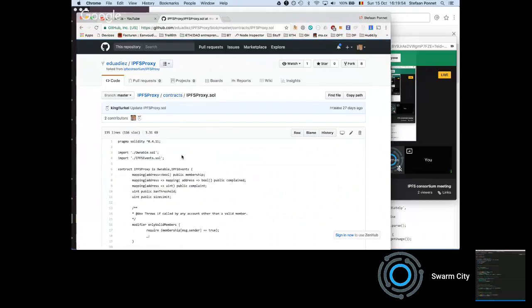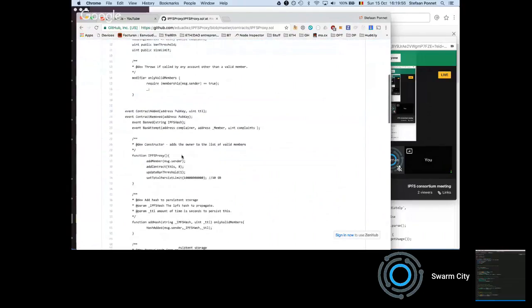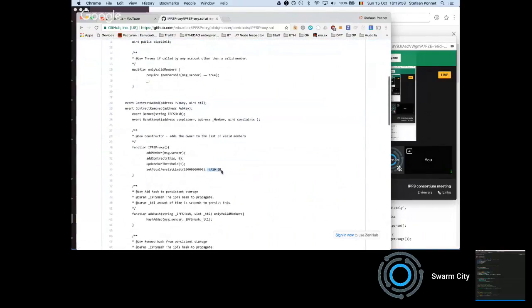I think it's currently set, but we can change it later on, to 10 gigabytes. So that means that each consortium member would get 10 gigabytes of data. And the script could actually monitor this quotum. So for each IPFS hash that it would pin in its local IPFS node, the sum of all of that should not exceed 10 gigabytes.